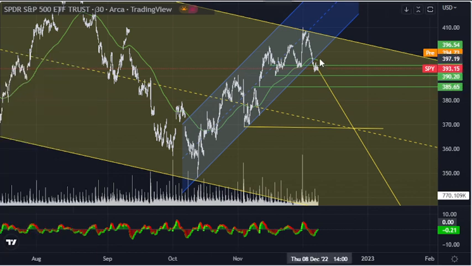Let's say we start the day from here, might have a very small peak up, and then we're going to come down and test this, and from there get a reaction, and then come all the way down to here. And from here, if this holds, yippee. If it doesn't,